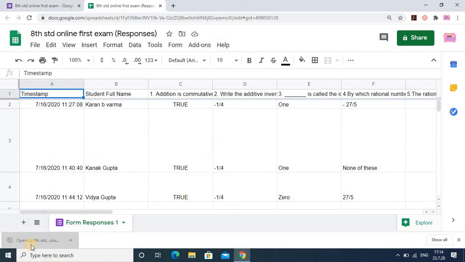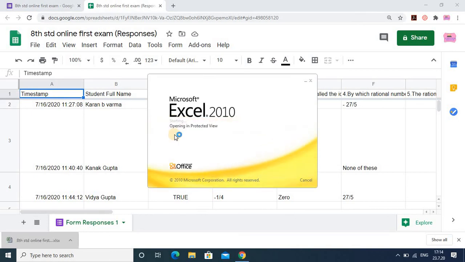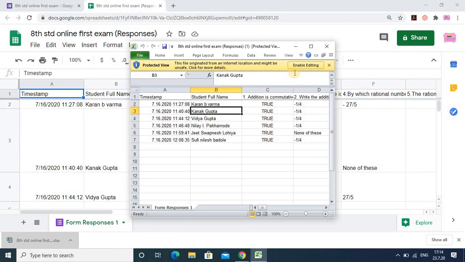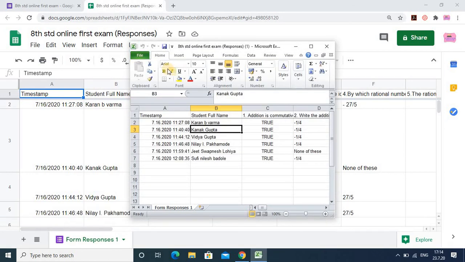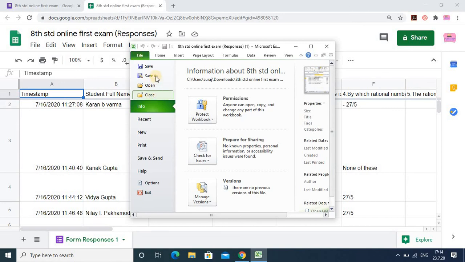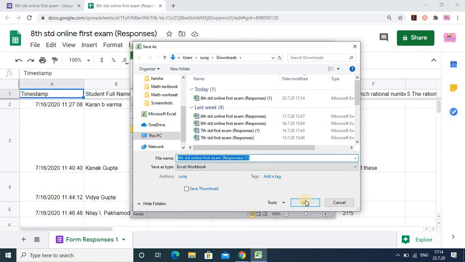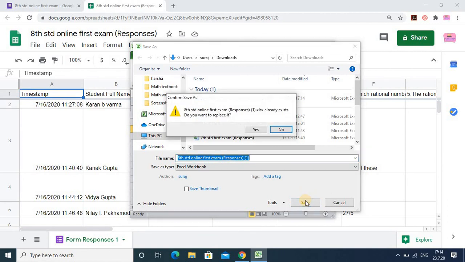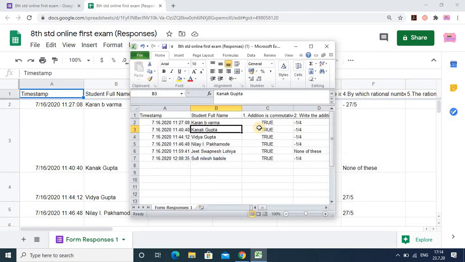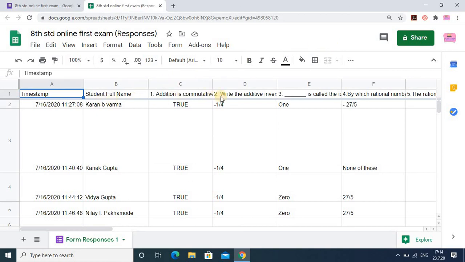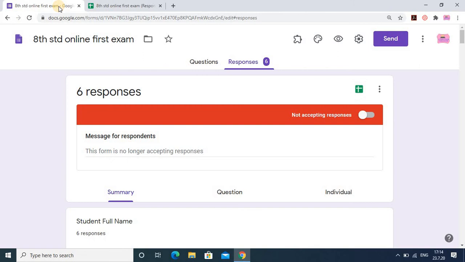Then you just open this, as you already know, and click on enable editing, so that you can make changes, and then whichever path you want, you can save there. Just click on save as. Suppose here I am saving in the downloads option, so you click there and save that. In this way you can download the answer key, and in that answer key the questions also come. So these are the steps that I told you: how you can download it, how you can give the file name, how you can remove the form.